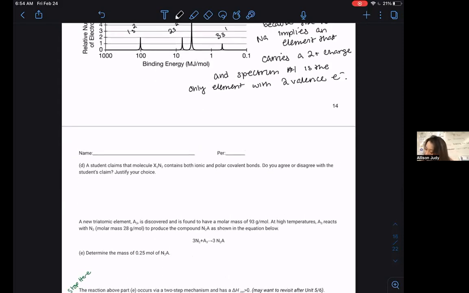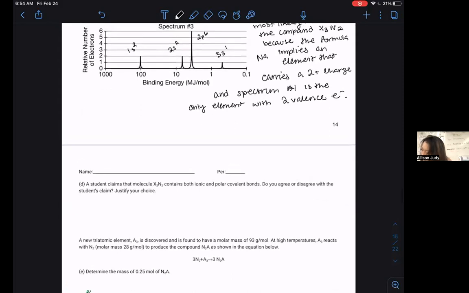So D, a student claims that molecule X3N2 contains both ionic and polar covalent bonds. Do you agree or disagree? So this is an interesting question. Remember, an ionic bond is based off of full charge transfer, and a polar covalent bond implies sharing. But what we see here is a metal plus a non-metal, and we see a required charge that we already addressed earlier. So therefore, we would say we disagree